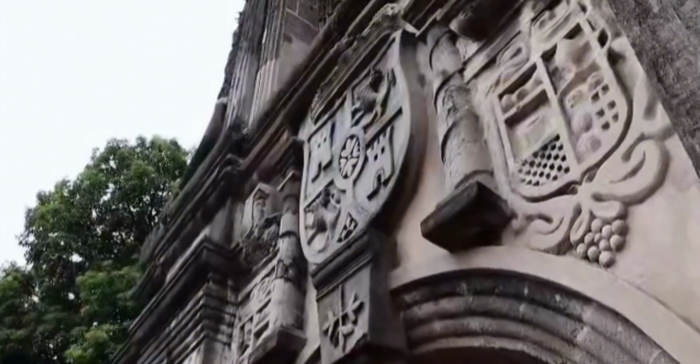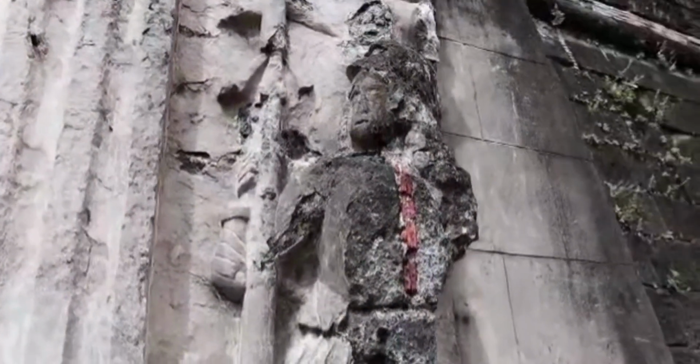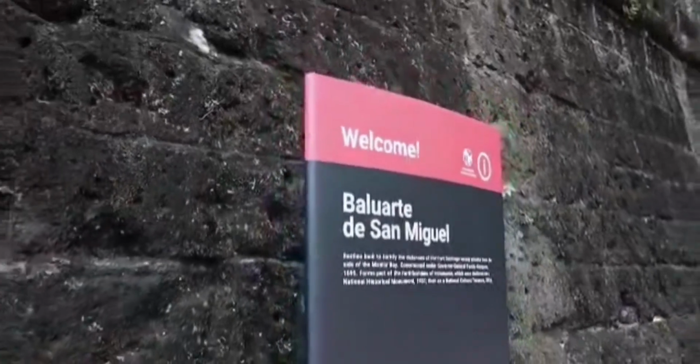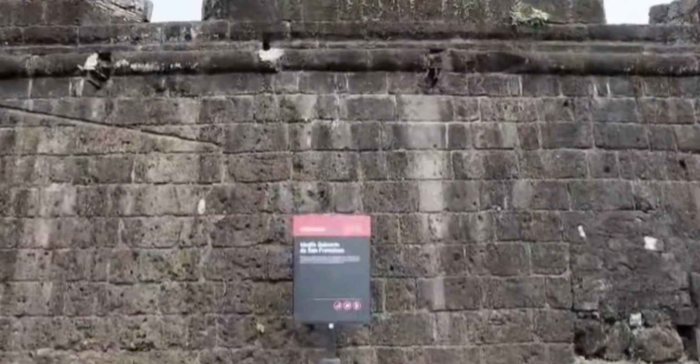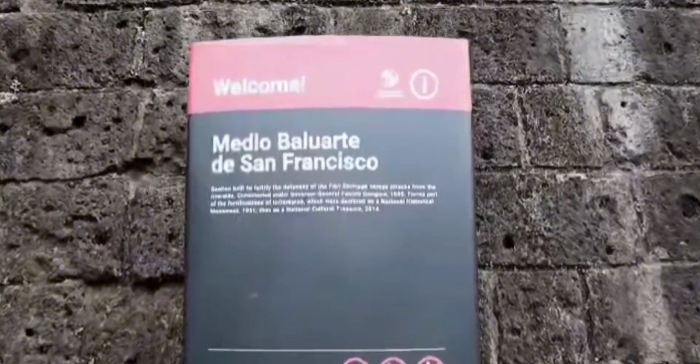And if you happen to visit Fort Santiago Gate, you must snap a picture here because it's actually quite iconic. Looking at the left side is what we call the Baluarte de San Miguel. This is used to fortify the seaside defense. And on the right side is the Baluarte de San Francisco, which on the other hand